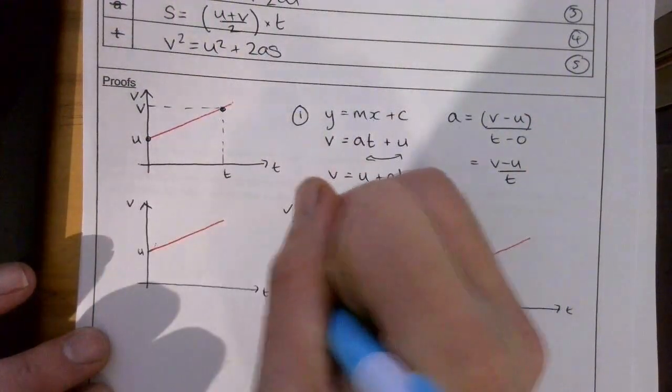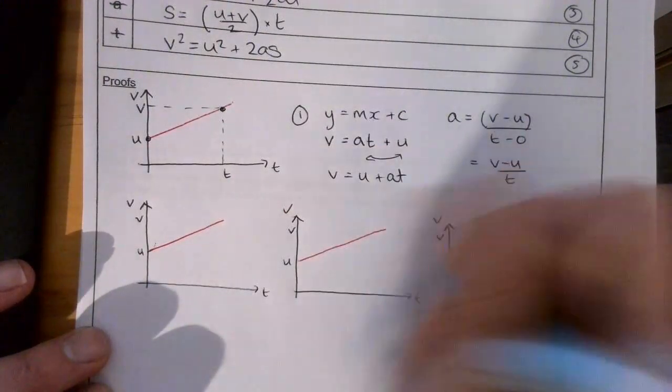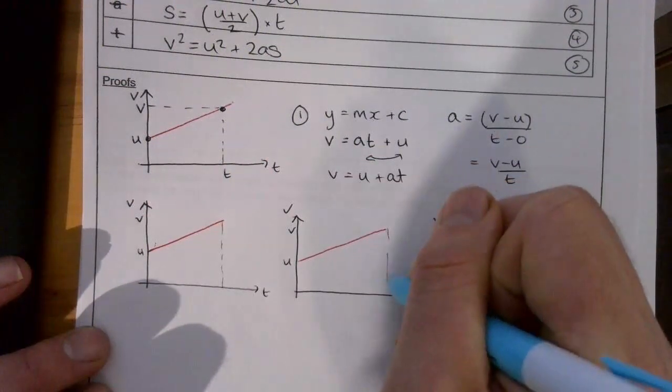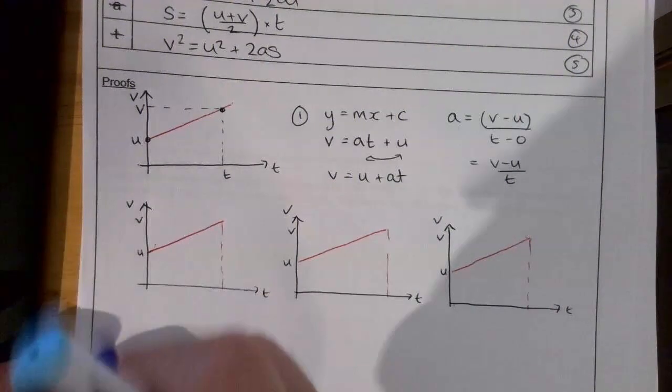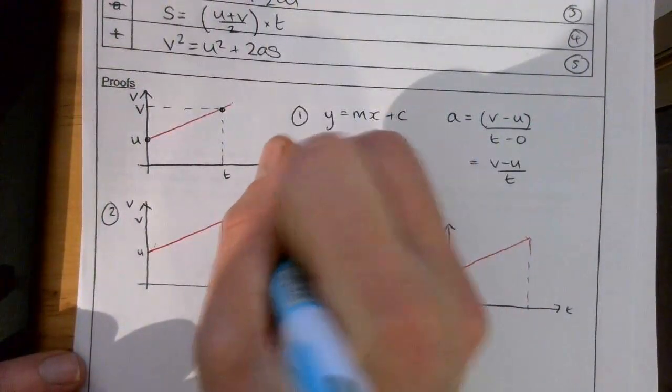So I have u, I have v, and the area is going to be equal to s. For the second equation, so s equals vt minus a half at squared,